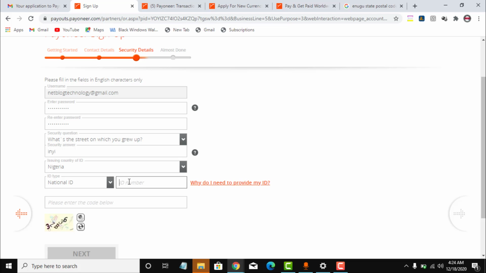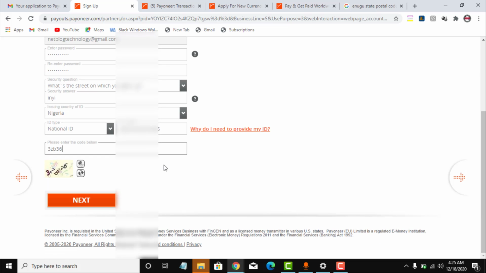So let me enter the national ID number here. So after entering the national ID number, you scroll down here. You enter this code. This is a captcha. So after entering the captcha, you scroll down here. You cross check, and once the info is correct, then you need to click on next. So I click on next now,